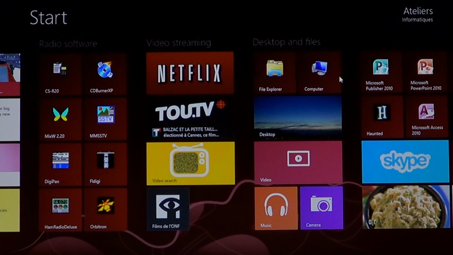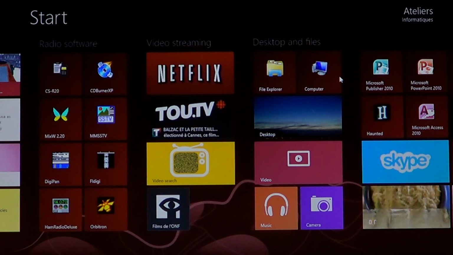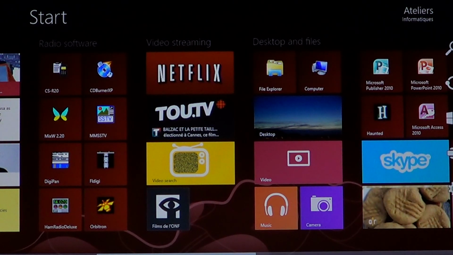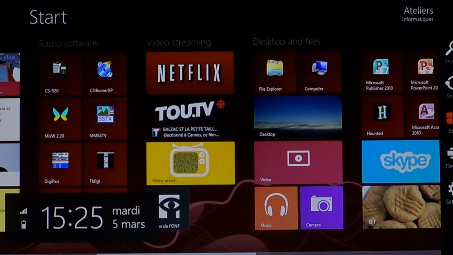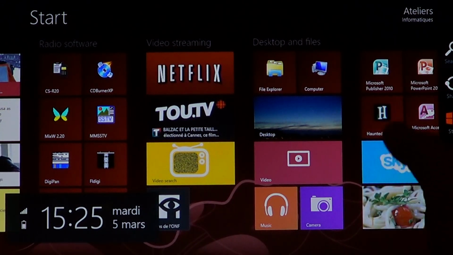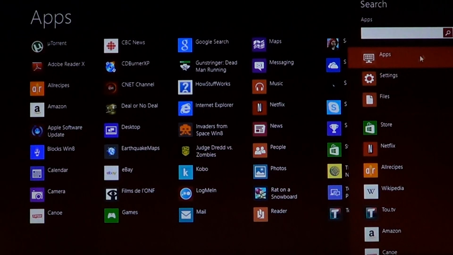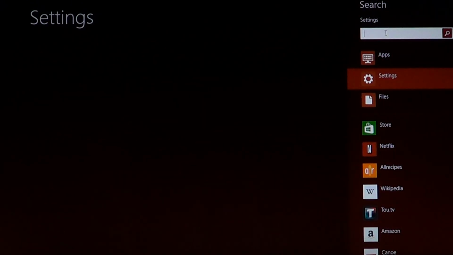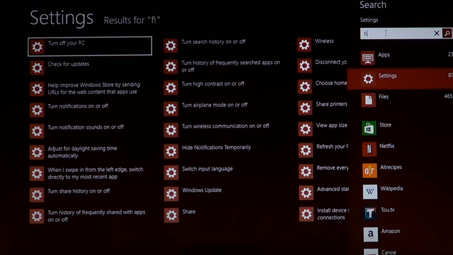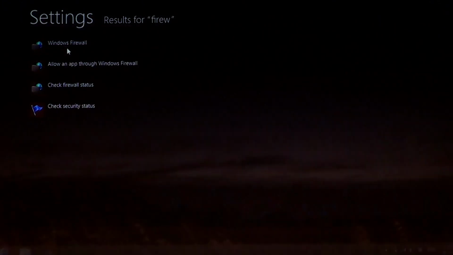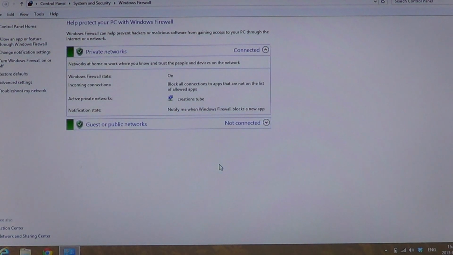If you want to access your firewall and firewall settings, all you have to do is go into the upper or lower right of your screen. In the charms bar, click the search. If you have a touch screen, just swipe from right to left. In the search, click settings and then just start typing firewall, and there you'll get Windows Firewall just here at the top. Click on that and here you are in the Windows Firewall option or mode,